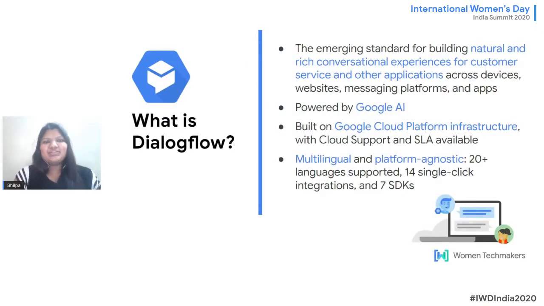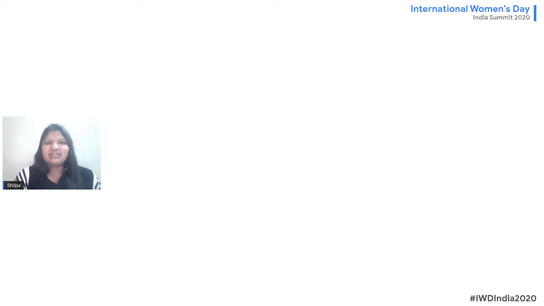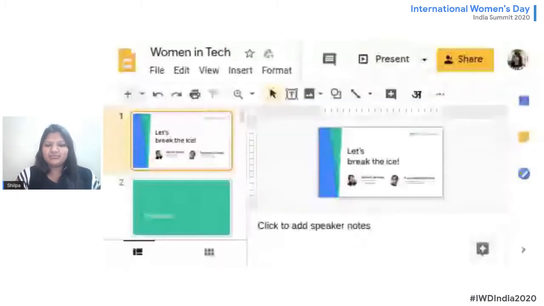How many of you know what Dialogflow is or what it initially was? Dialogflow is a very rich, powerful tool by Google, and it is powered by Google AI. Earlier, we knew it as API.ai, but it was acquired by Google in 2016, and then it became Dialogflow. Dialogflow is a powerful tool with multilingual ability. It has 20 plus languages to support. It has one-click platform integrations, and we have 7 plus SDKs available as well. So you can build your chatbot in minutes using Dialogflow. It requires minimal training.